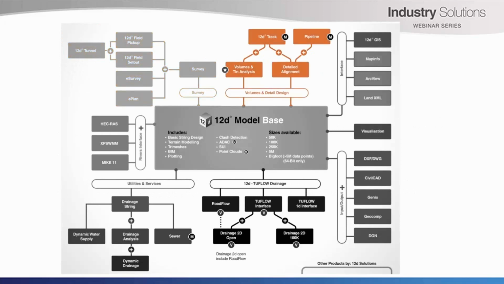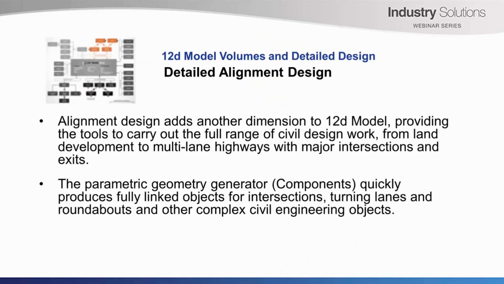Now we can look at the volumes and detailed design modules. The detailed alignment design module adds another dimension to 12D model, providing the tools to carry out a full range of civil design work from land development to multi-lane highways with major intersections and exits. The parametric geometry generator, or components, quickly produces fully linked objects for intersections, turning lanes, roundabouts and other complex civil